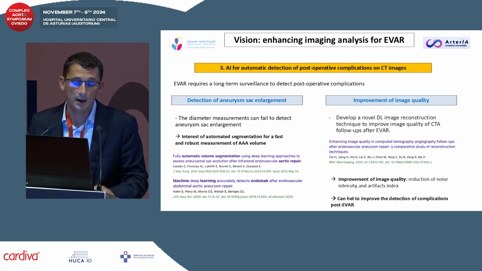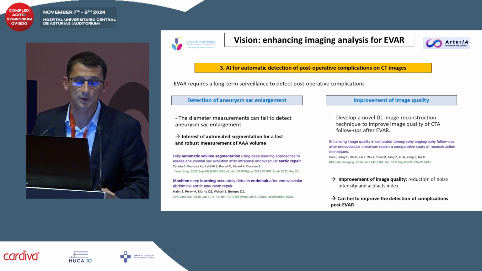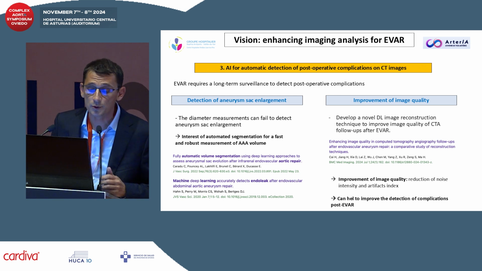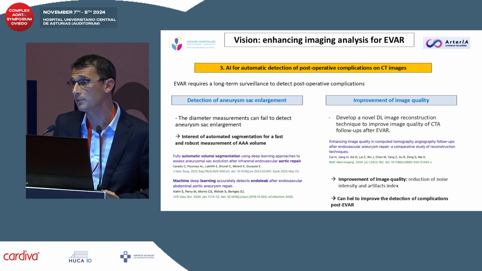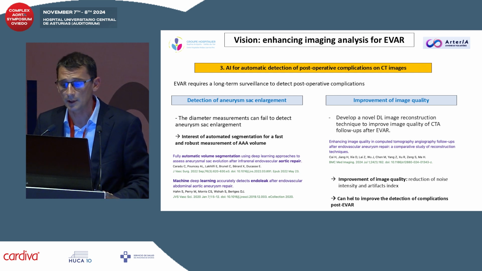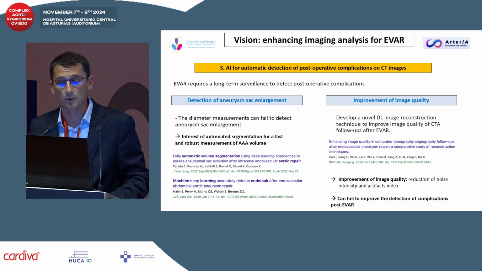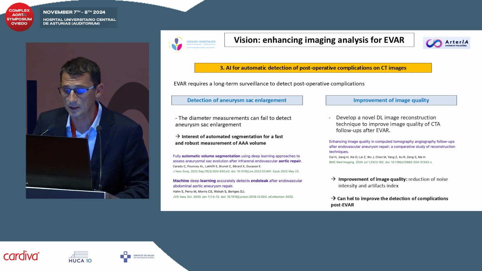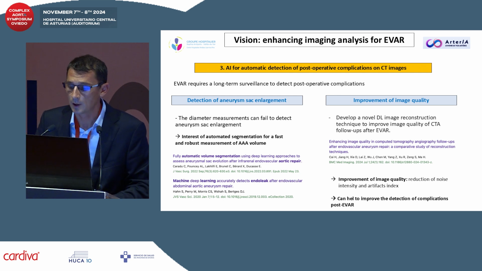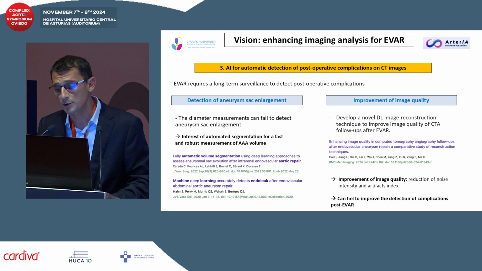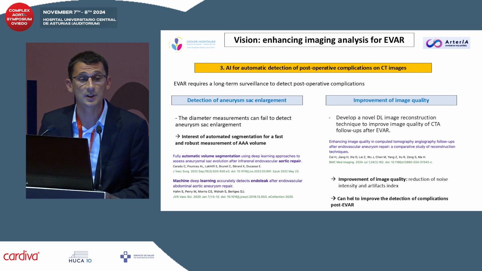This is really nice, to have an automatic segmentation for a fast and robust measure of the AAA volume without doing anything manually. And other authors developed AI algorithms to improve the image quality, and this can help to reduce the noise intensity and artifacts, and this can help to improve the detection